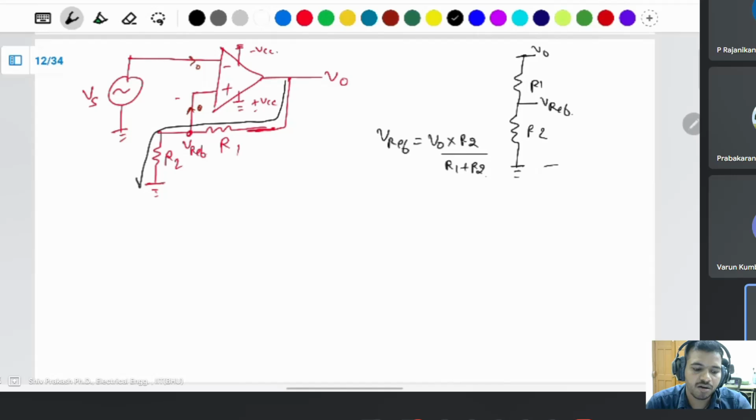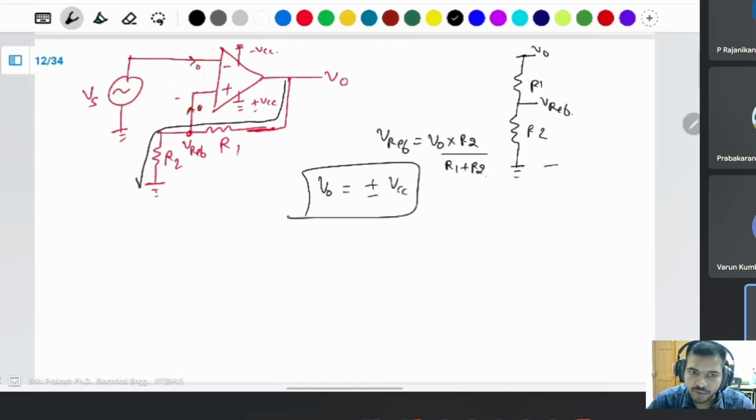You can calculate the V reference value. Output voltage is plus or minus VCC only. You have to decide when it will be plus VCC and when it will be minus VCC. Simple thing: if Vs, this supply voltage, is greater than the V reference voltage,